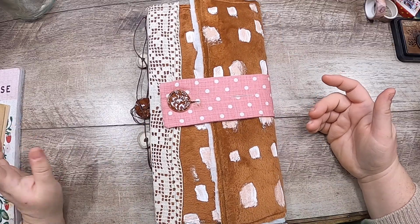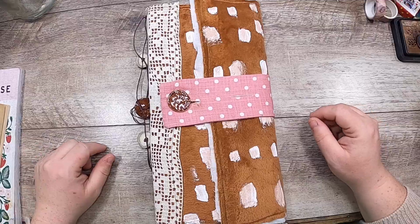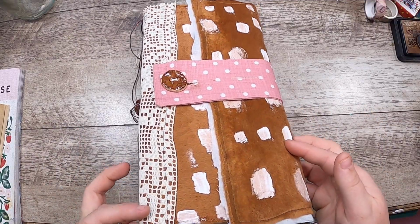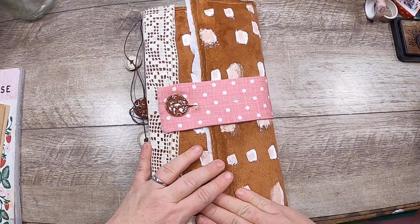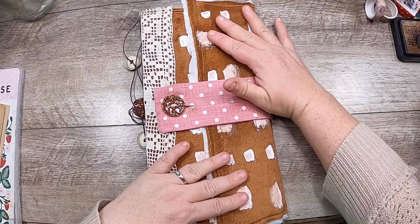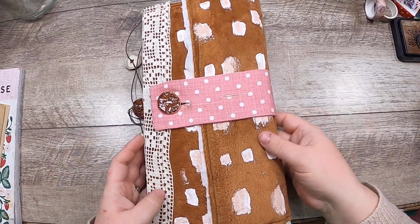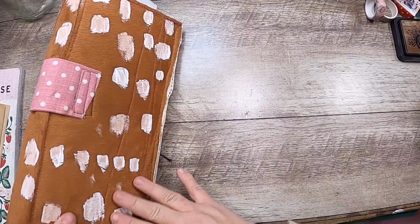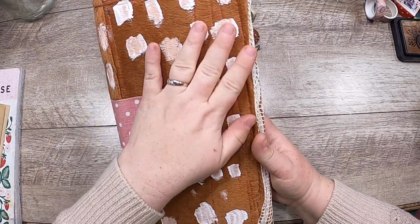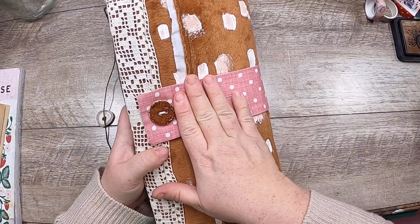I'm here today with book 3 of 3 in my little fawn herd of deer journals. This one is a little bit smaller than the others. It's a 3 signature journal, and I'm calling this one Lacey Little Doe because it's got some lace here, and the fabric that makes up the cover is so soft and pettable, and I painted on the little deer's spots all over the cover. We have some stitching, and I've added this linen pink polka dot